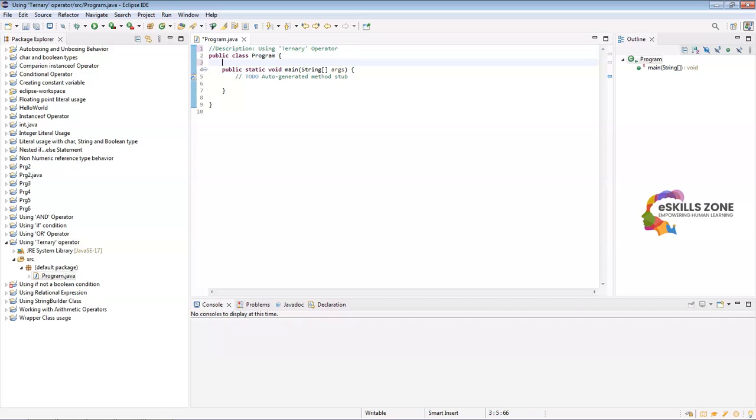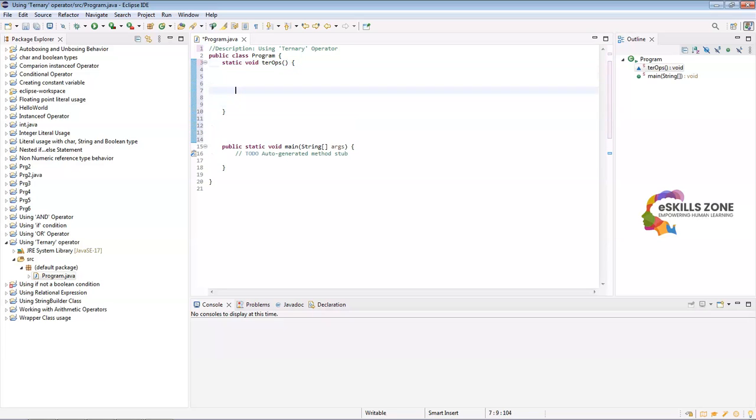Now under the public class program we will type a method named static void TROP, TR is for ternary and OP is for operator, parenthesis and then braces. Here under this method we will declare a variable named integer j equal to 10, and initialize the value of variable j as 10. Then type string result. So the type of the variable is string and the variable name is result, and we will assign